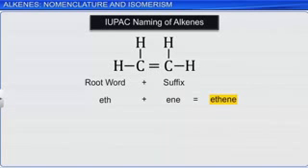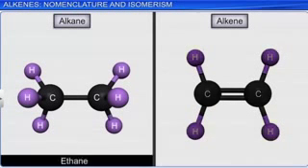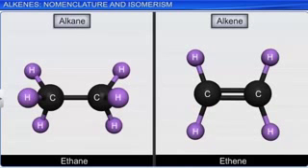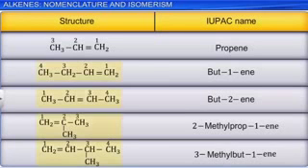In the IUPAC system, alkenes are named by replacing the suffix -ane of the corresponding alkanes by the suffix -ene. For example, ethene is named from ethane by replacing the suffix -ane with -ene. For alkenes with more than 3 carbon atoms, the carbon with a double bond is given the least number, and the number is indicated in the name.